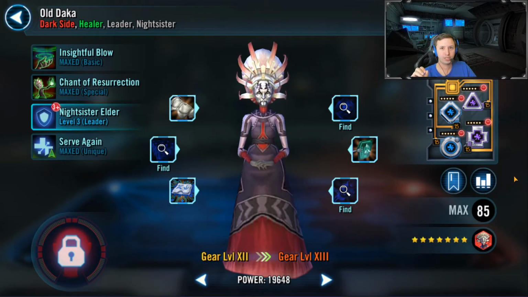Now, for Old Daka, really the most important thing for her is going to be speed. You want her, again, taking as many turns as possible so that she is able to get turn meter, and so Darth Traya doesn't gain turn meter. Now, however, if you want to adapt this for other raids, you're going to want the Zeta on her Serve Again ability, which allows her to increase her max health, and you're just going to want a lot of health on her to give her survivability so that she can keep bringing back Night Sisters or Jedi Knight Anakin